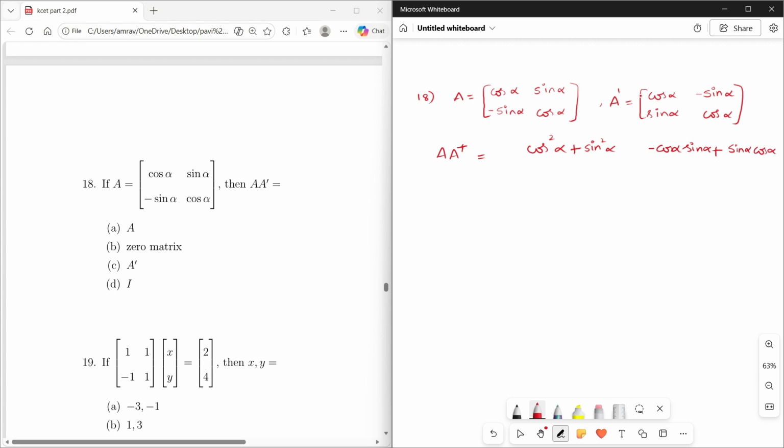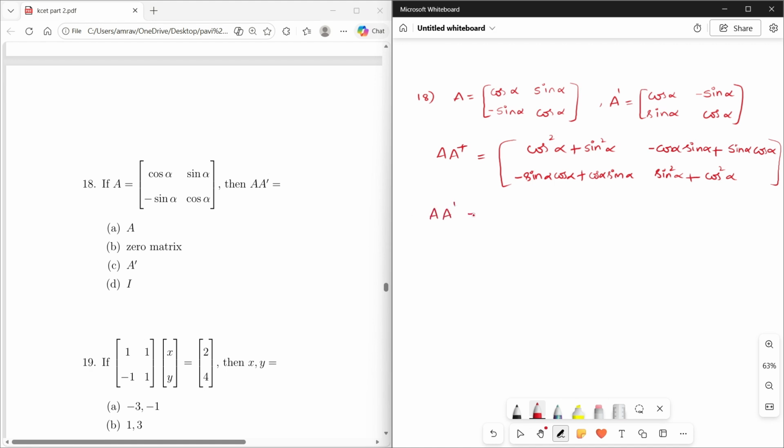So now second row, first column for the third element, minus sin alpha into cos alpha, minus sin alpha cos alpha, plus cos alpha into sin alpha, cos alpha into sin alpha. And now second row, second column, minus sin alpha into minus sin alpha will give you plus sin square alpha, and then cos alpha into cos alpha will give you plus cos square alpha. Okay, so now